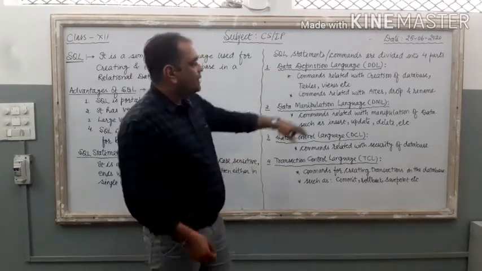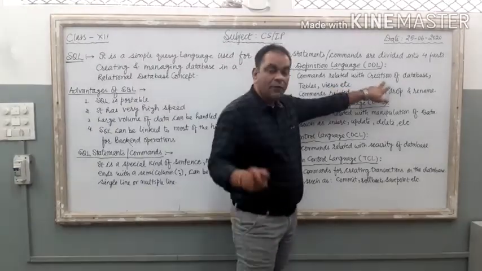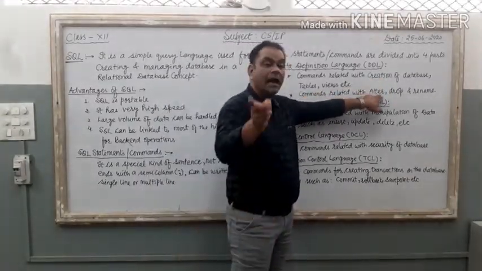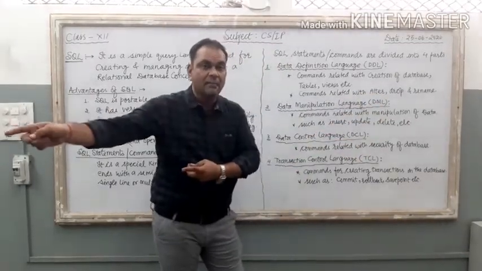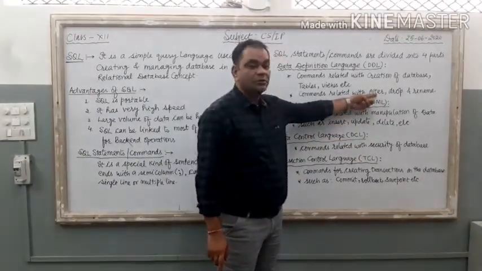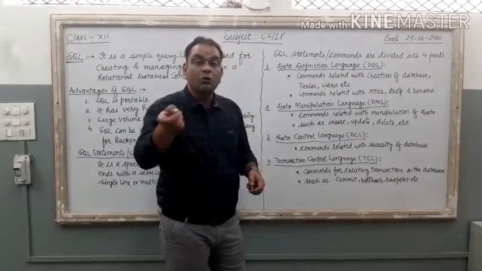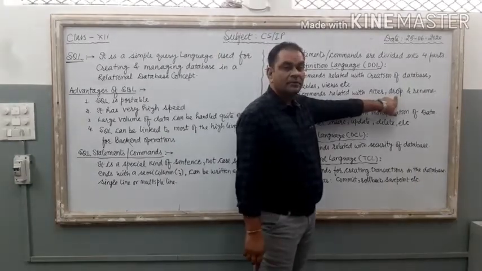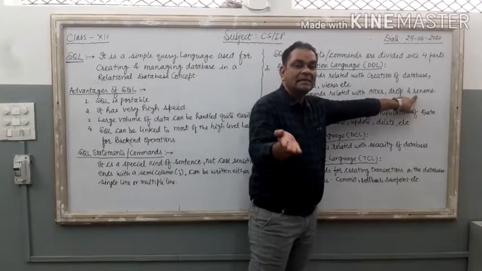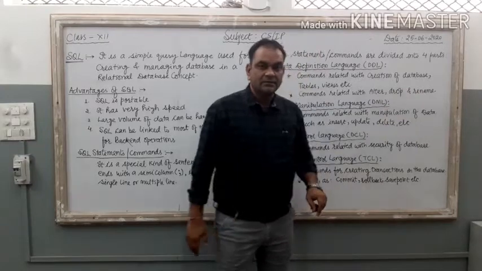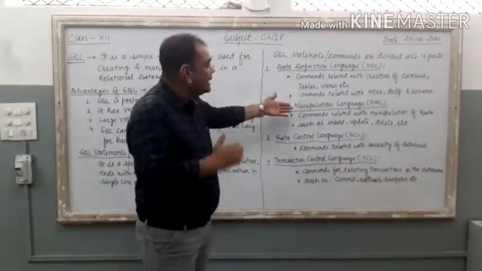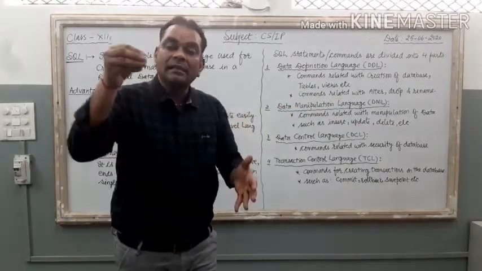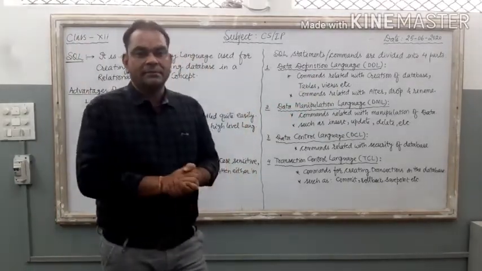Right? For example, if you want to create a database, or create a table inside a database, or if you want to make any alteration in the structure of the table, then the alter command is used. It is also there in DDL. If you want to delete the table or the database, the drop command is there, right? And if you want to change the name of the table, the rename command is there. Clear? So these commands are under the category of DDL, and all these commands work on the structure of the table, and on the database, right?